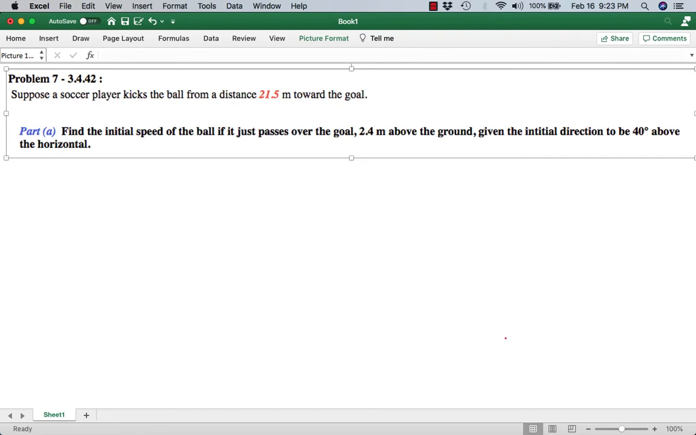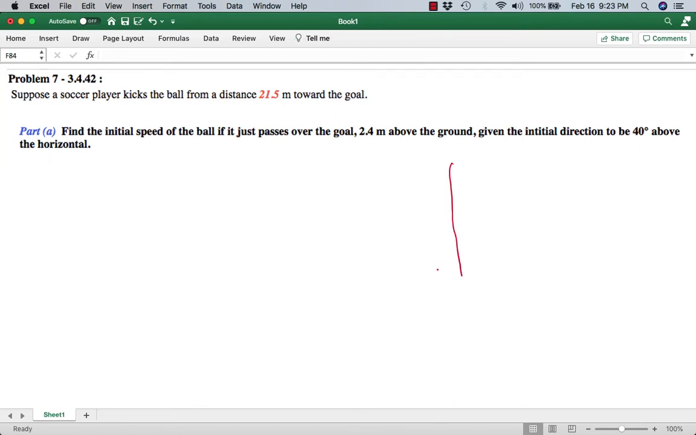Looks like this is also a similar kind of problem. So we have a soccer player who kicks the ball from a distance 21.5 meters towards the goal. So say that's our coordinate. So the ball is kicked from this corner, and that's the goal post. So it's kicked at the range of 21.5 meters,